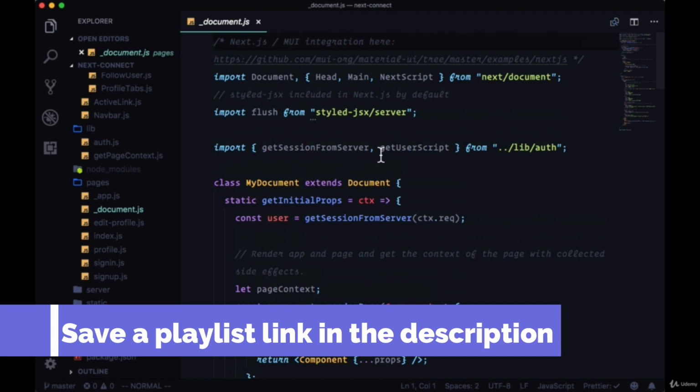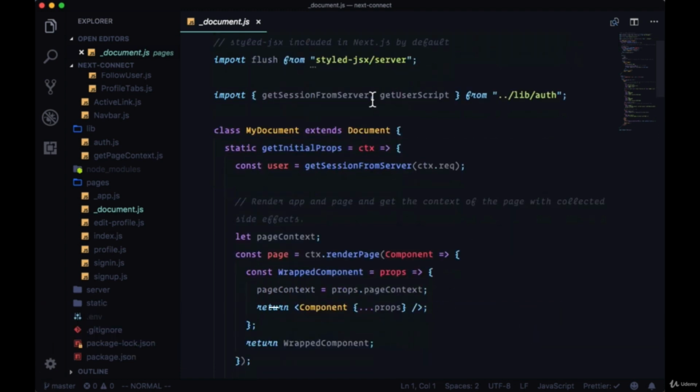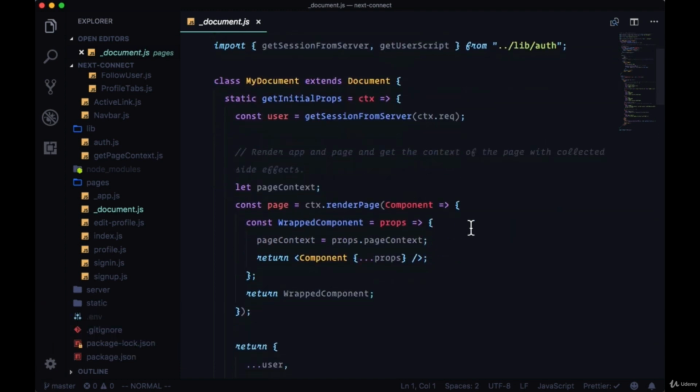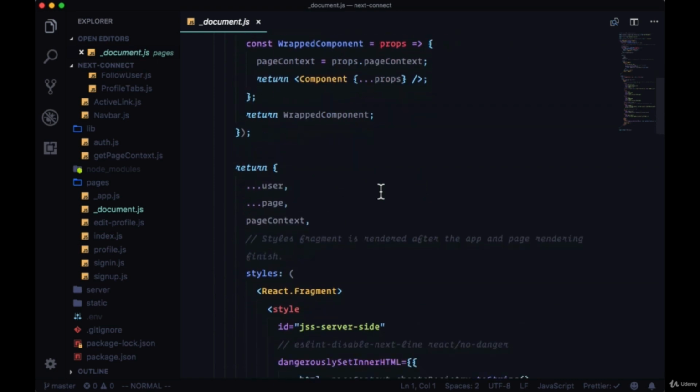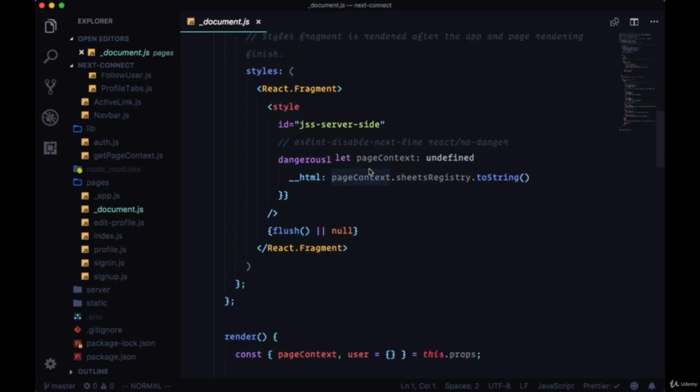I've already provided the logic for getting the session from the server and getting the user script, just like we saw in the last project with getting the token or the cookie from the server, getting it from the client. I've just wired that up by default so we don't have to rewrite that. So once again we're using dangerouslySetInnerHTML,